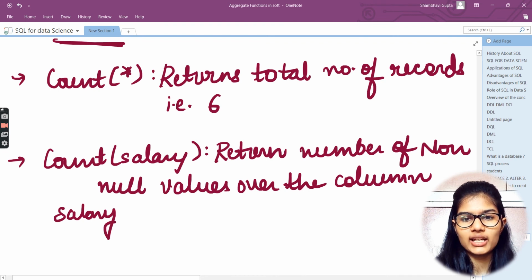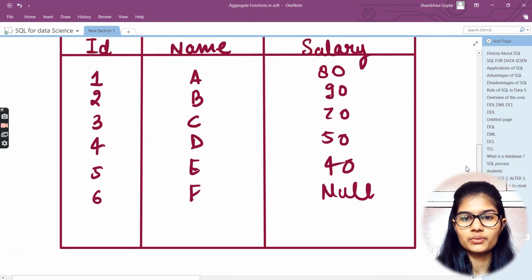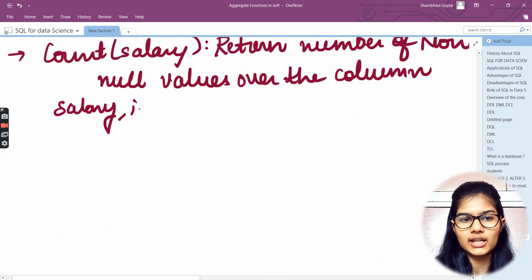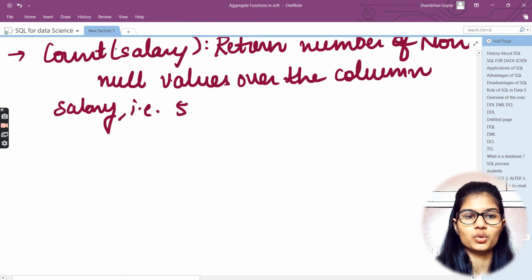So what it is going to give me as an output is the number of non-null values over the column salary. If I go to the salary column, in total I have 5 non-null values, right? So I will get the answer 5. I already explained why 5: in that case it returns the non-null values over the column salary which I mentioned. Fine.